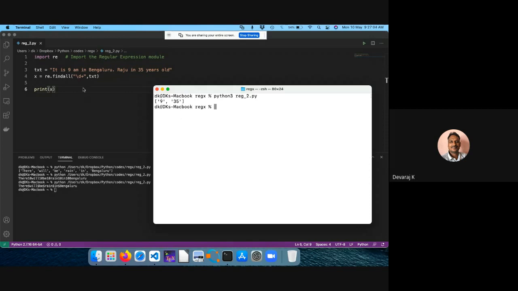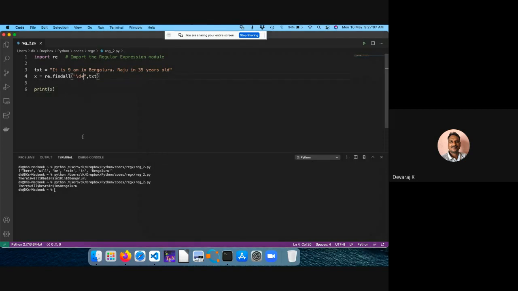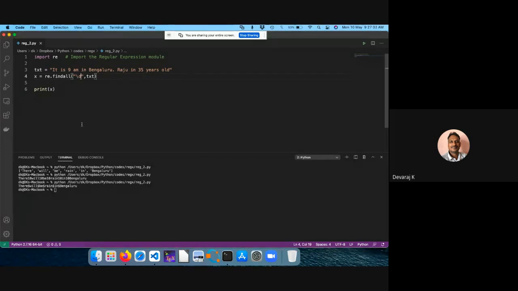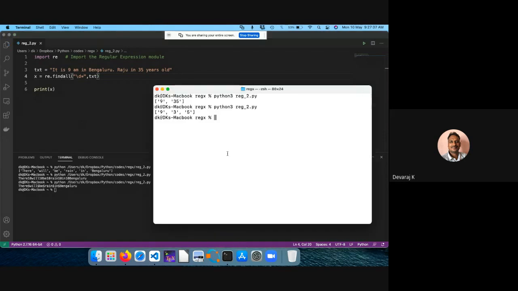Now if, instead of slash d plus, I put slash d only and try to run this, what will happen? Let me check. See what's happening: if I don't put the plus, wherever I find 9, 9 is one digit, 3 is one digit, 5 is one digit, I'll get each of them. Okay, if I instead put star and run this code, look at this.